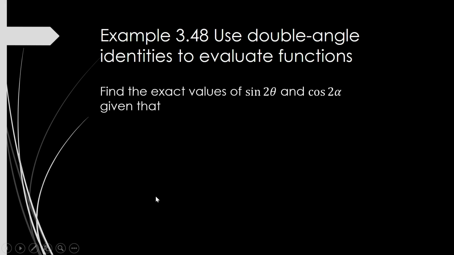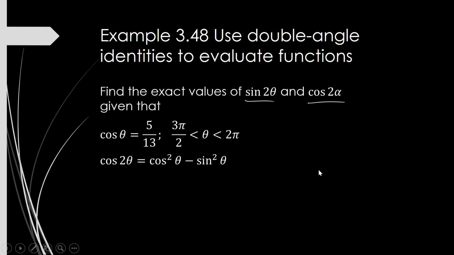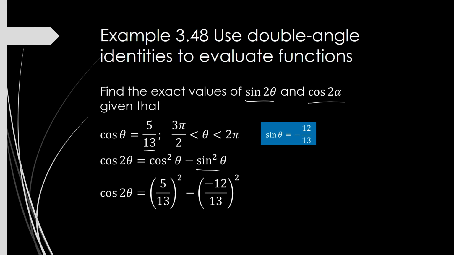How about cosine of 2 theta? So we just obtained sine of 2 theta. What about this? Cosine of 2 theta. We can use this double angle identity because we already have a value for cosine of theta. It's 5 divided by 13. We have a value for sine of theta. It's negative 12 over 13. Okay, so this is just a simple case of substitution. Okay, so this one is equal to